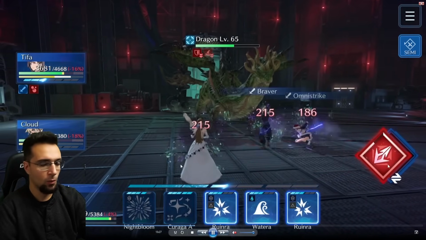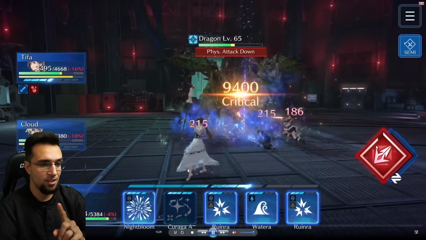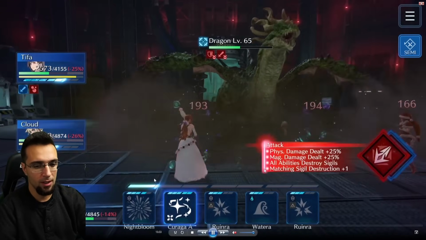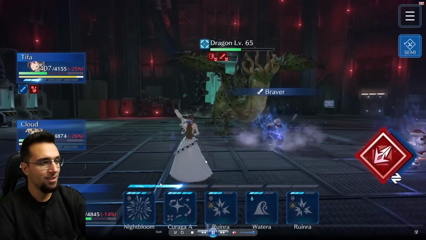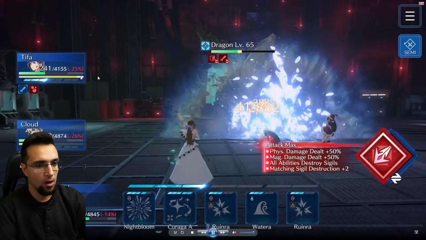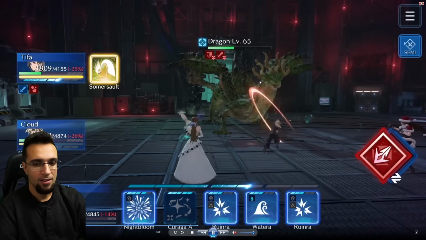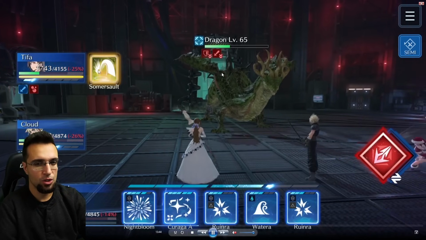See how it came all the way back? But then it glitched over there because I did use an ability. So here's Dragon Stomp. You have to go defense mode, heal up, and Aerith is only here to do this. Now we are going to use our Somersault again to manipulate his attack. So when he's about to do an attack, which is very, very soon,